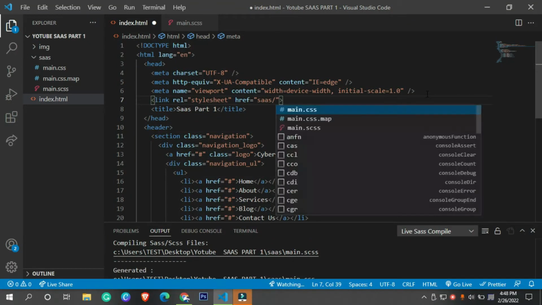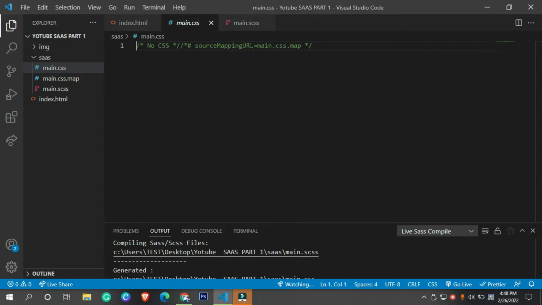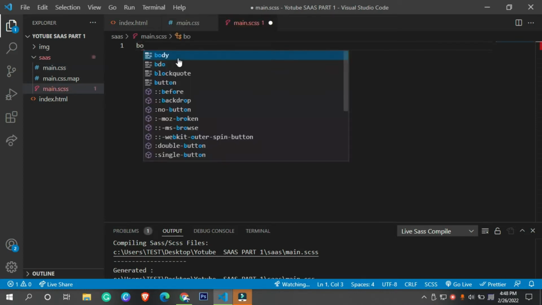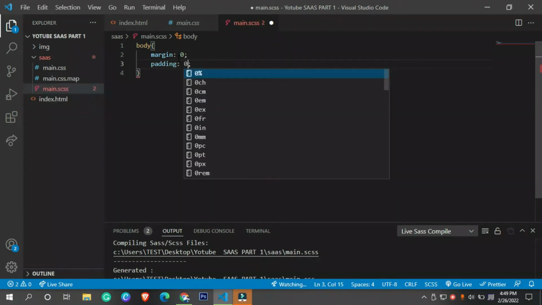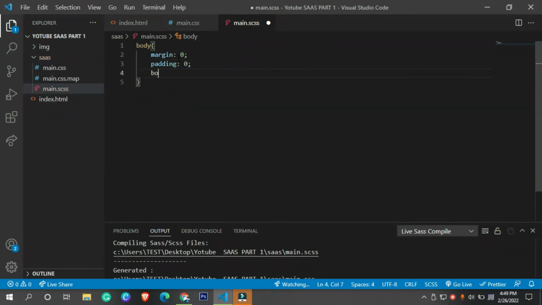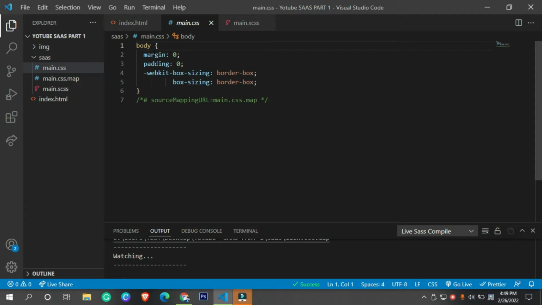Now we need to link the file. So I'm going to link the sass main.css. Basically, whatever you write inside the main.scss will automatically generate simple CSS in your main.css file. So let's say if I'm writing margin 0, padding 0, and box-sizing border-box, once I save it, it will automatically generate this CSS.